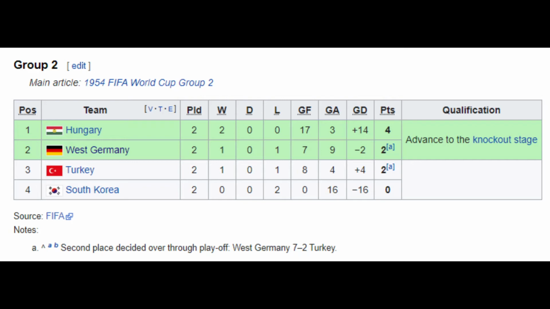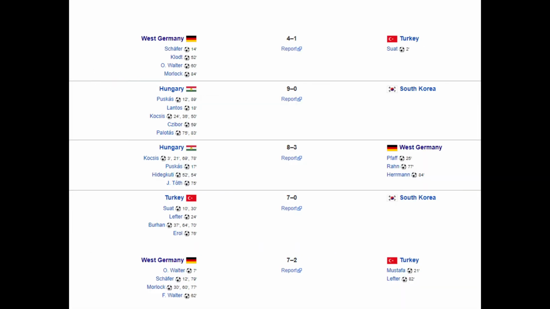Turkey would have advanced to the last 8 ahead of eventual champions West Germany. However, it's worth noting that this World Cup was really odd, since teams only played 2 matches in the group stage instead of a full round robin. If West Germany also played against South Korea, they may have very well gotten a goal difference good enough to advance, in accordance with the tiebreakers of today. Not to mention that Turkey would have had their decent goal difference obliterated by the mighty Magyars. Nevertheless, I will stay true to the idiotic format, since it is what FIFA decided was a good idea to use, meaning Turkey would have made it to the quarterfinals.